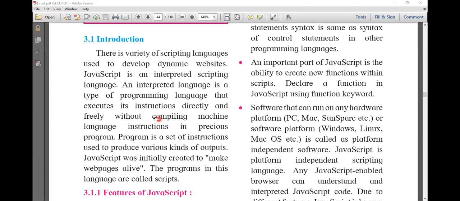So here we have studied two to three things in this part. The first point is that we create dynamic websites using JavaScript.